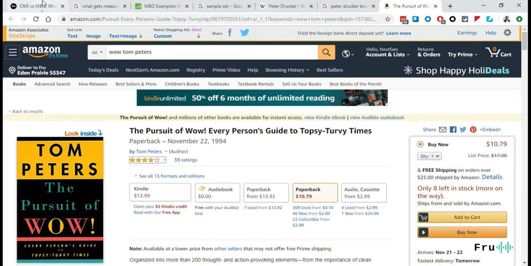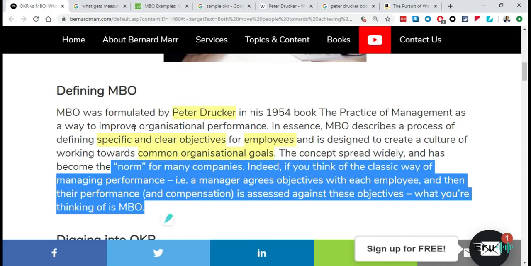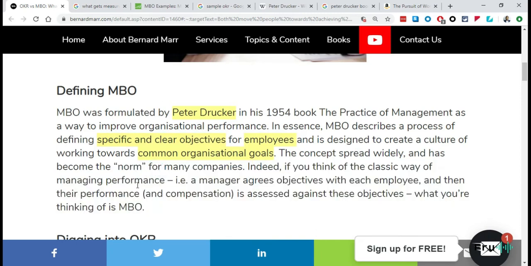All right, let's go back to where we were. So MBO, we've gone through, we've given a definition of MBO. We've seen how MBO really starts from the top down, right? The organization sets that MBO, the CEO per se, or the board of directors, they set that vision, they set the mission, they set what they want to accomplish. Now the individual organizational units align their MBOs to what the upper level has set, and now individual teams align that to the units, and the individual employees are aligning that. So that really gives you that pyramid where everybody is marching in the same direction. That's what an MBO is.